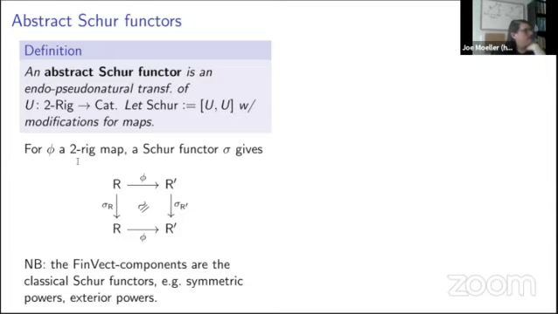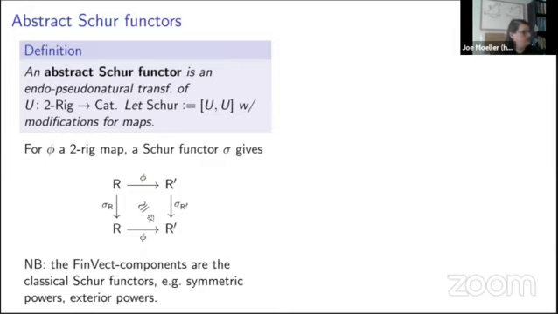So unpacking the definition a little bit, if you have a 2-rig map, meaning just a monoidal functor, between two 2-rigs, then a Schur functor has components which are just ordinary functors,